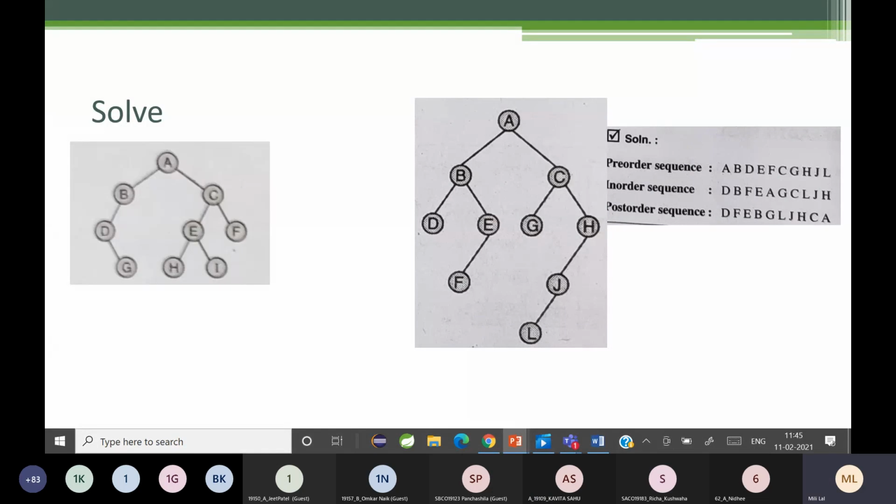So now please do this by yourself. The next image I've shown you. Find the in order, pre-order and post order. Write it down.